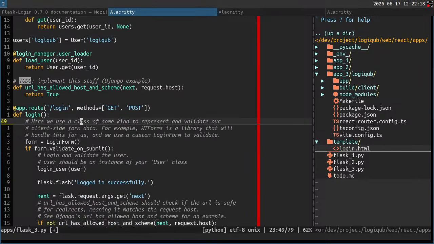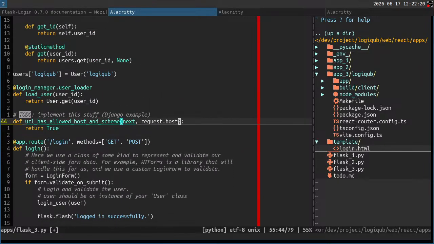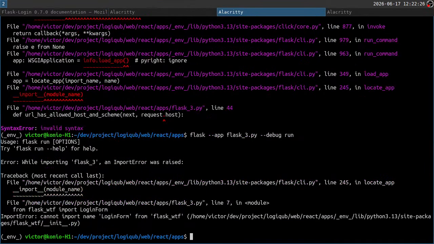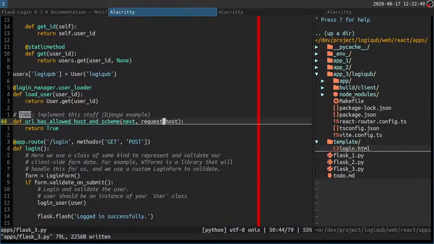It's inside the parameter. Yeah. Login form, it does not have it. So